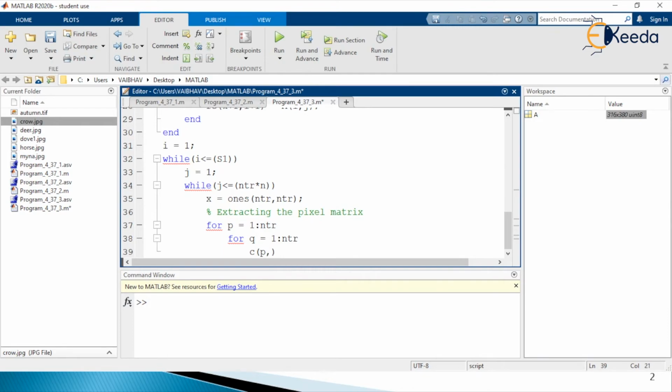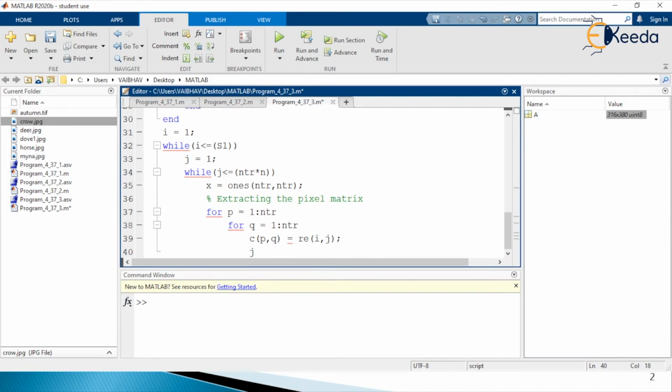Here we are defining one variable small c of the dimensions p comma q, that is equal to re of ij, which we developed in the above step. And then we have the addition of 1 to the j variable. So with the increasing values of j, this looping will be there. Let us first of all end the first inside for loop.